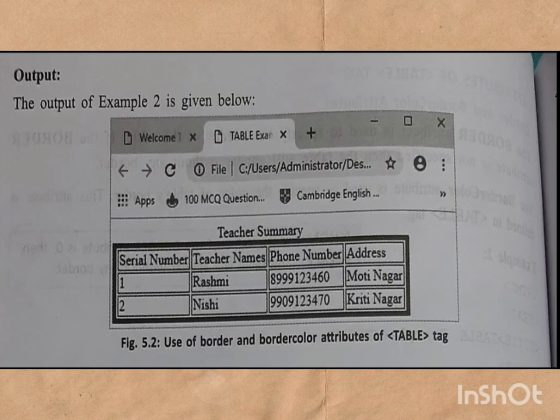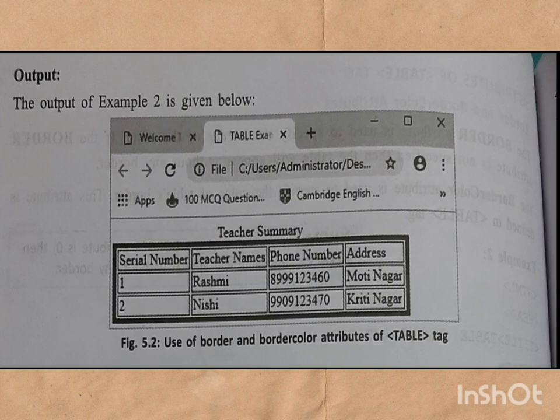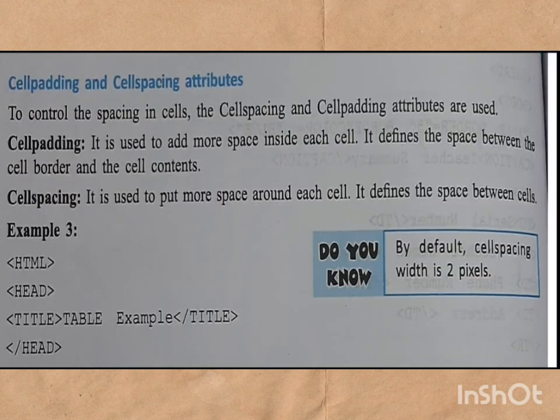Okay, so you can see that. And border they have given 5, so it is coming very dark in this. You can see that it is coming very dark because they have given border equals 5. And it is black and white, so it is not coming as blue also. When you do it on your computer or a mobile, it will come as a blue color also.